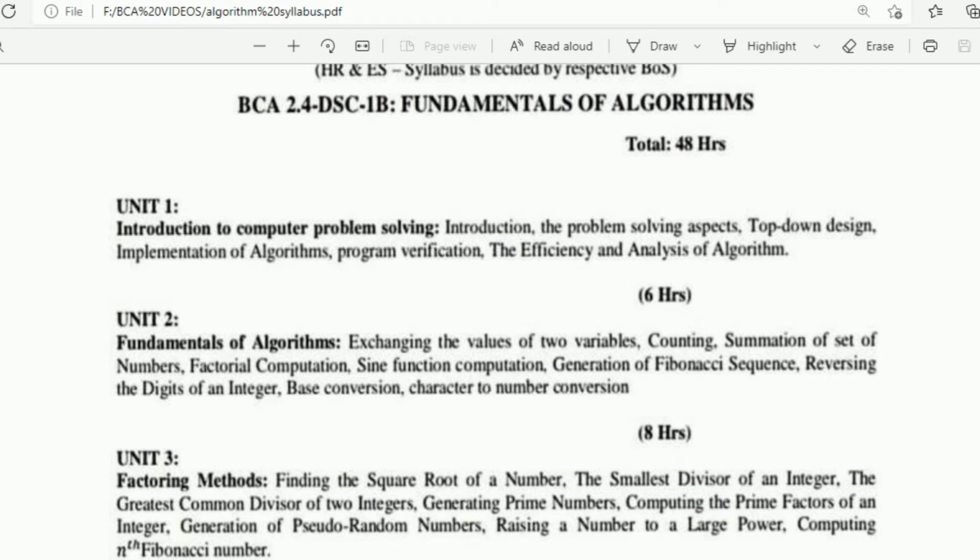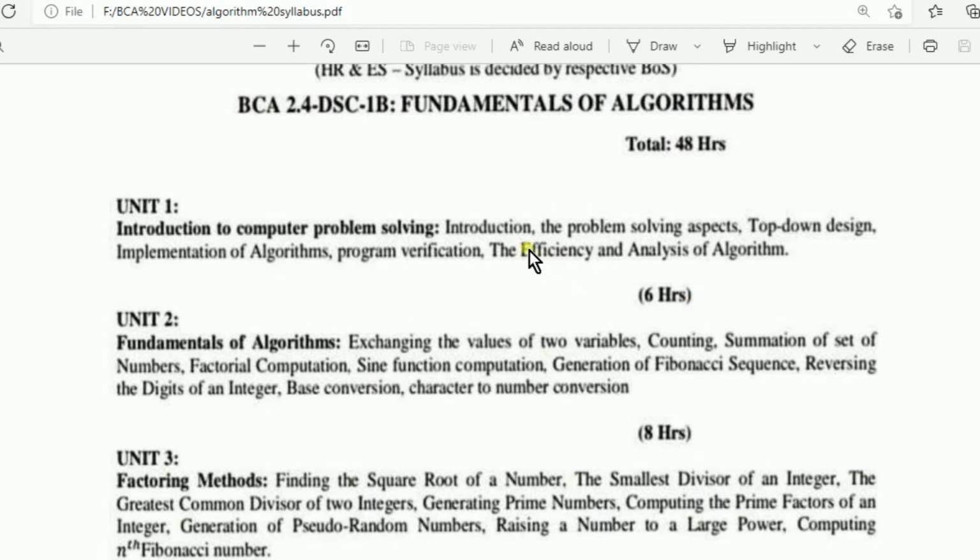And in this semester, I will take fundamentals of algorithm. You have already studied what the algorithm is and what the flowchart is. But we will see in detail how to do problem solving using the algorithmic method. In this fundamentals of algorithm, unit 1 is introduction to computer problem solving, and we will see